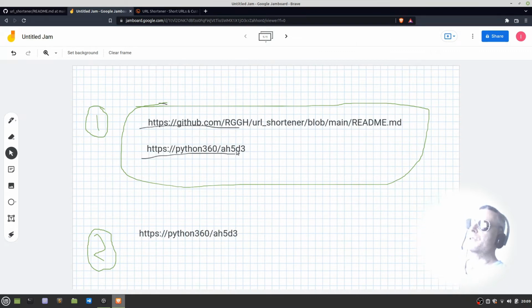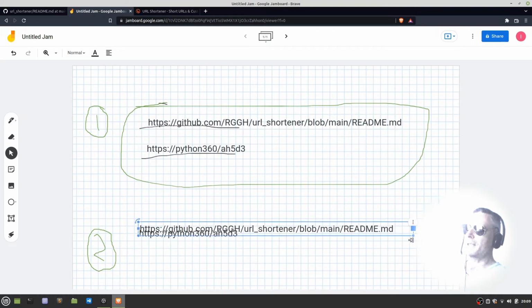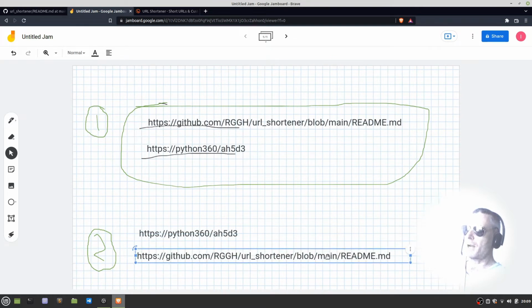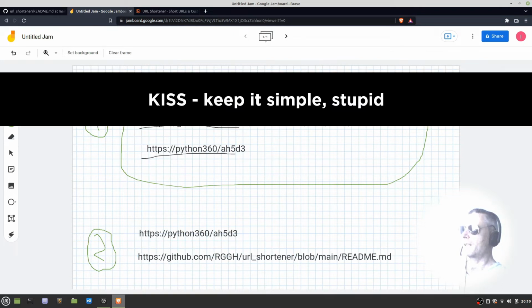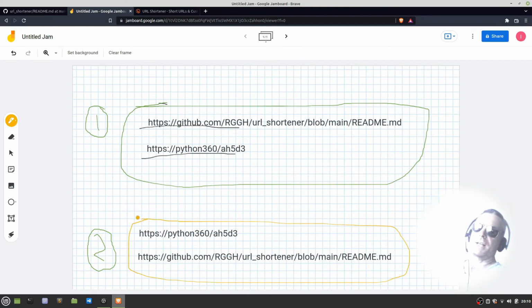We'll also have to use urllib parse. So it's basically going to look it up in a database, or another part of the spec was to keep it simple, KISS, keep it simple, stupid. So rather than create a database where you would have a tiny link and then the original link, I'm just going to do it with JSON, and that actually makes life quite a lot easier because you don't have to go into